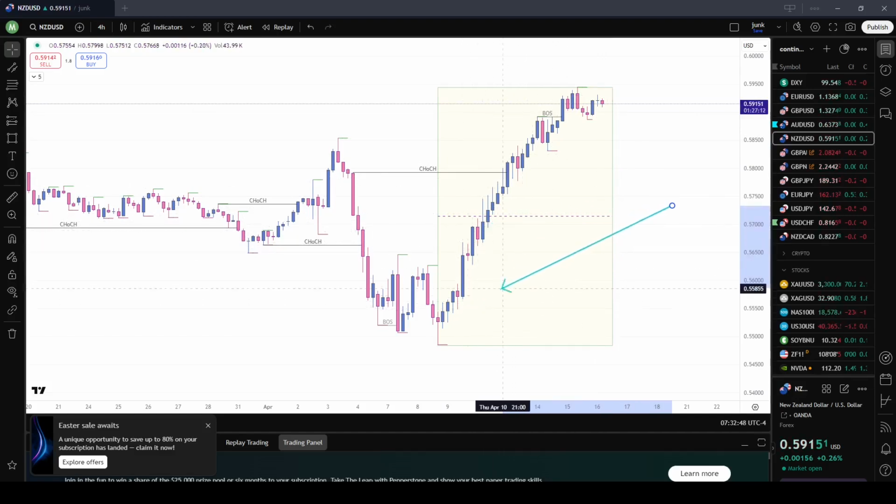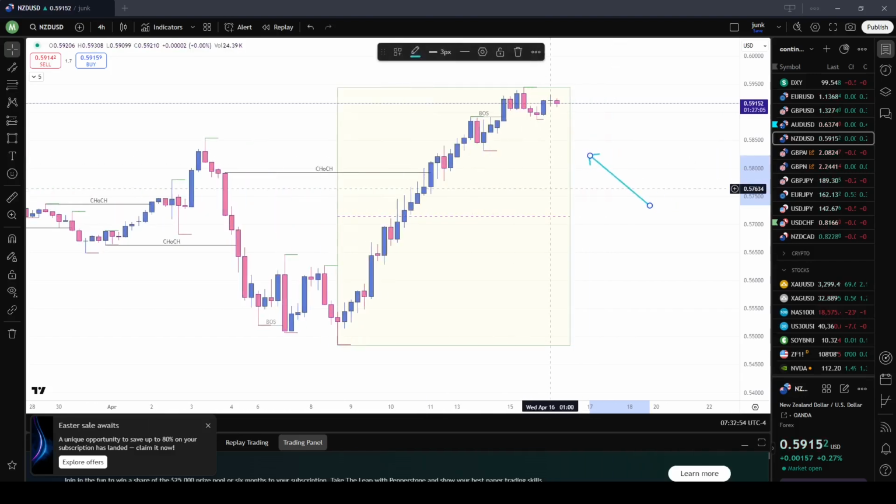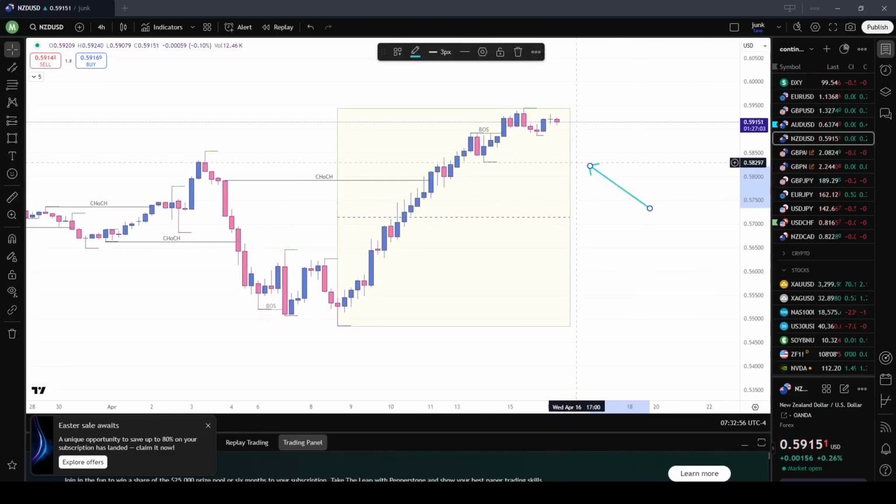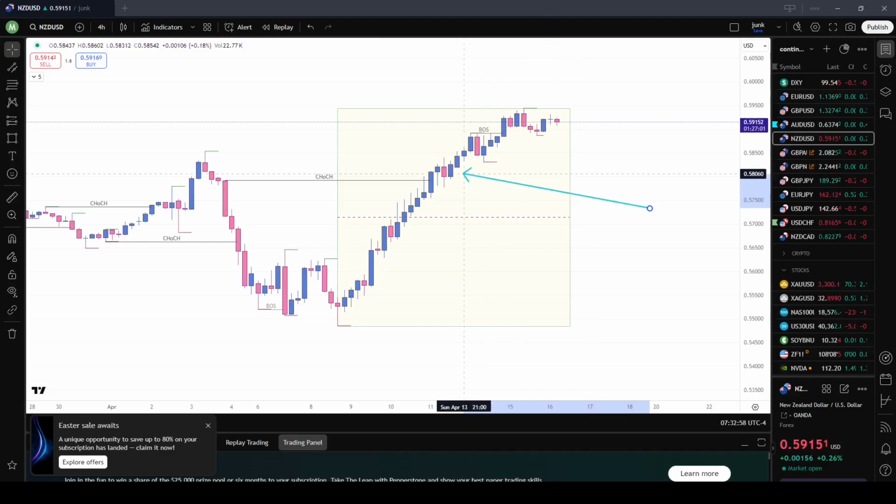of demand. But just like with AUD USD, since this was very impulsive and the buyers are clearly strong in this pair, it could not retrace back into discount. It could just hit any area of demand and then continue to push prices higher. So right now, prices are just ranging sideways in this area. And once prices decide which